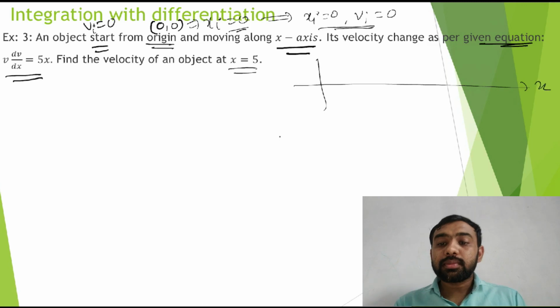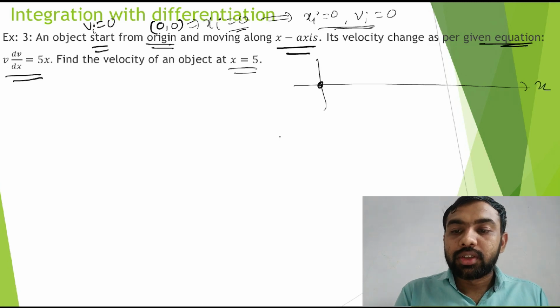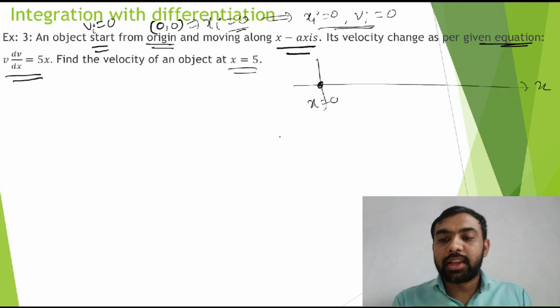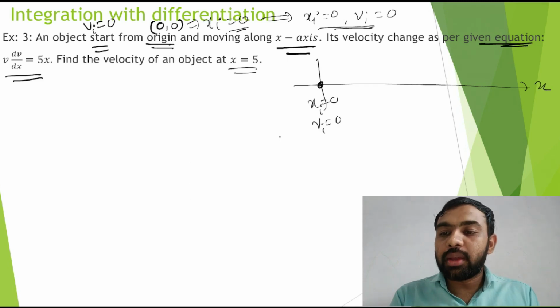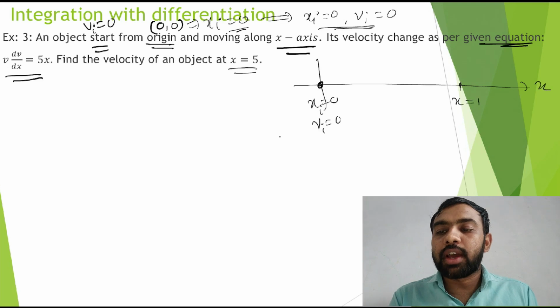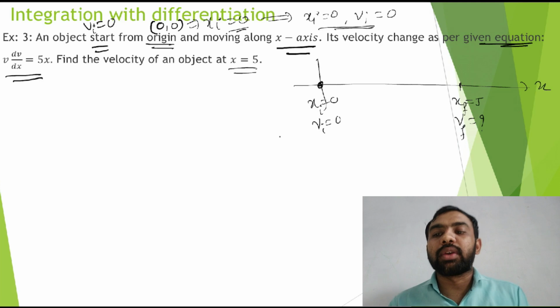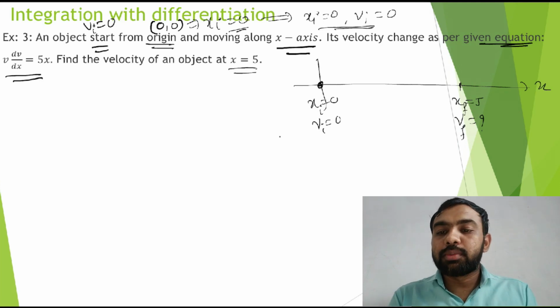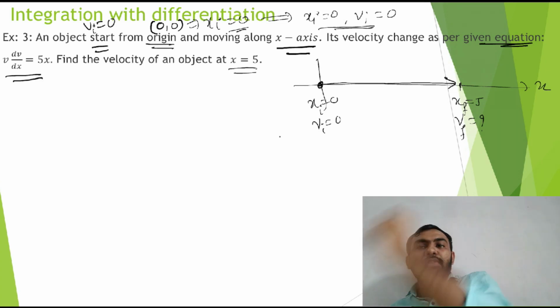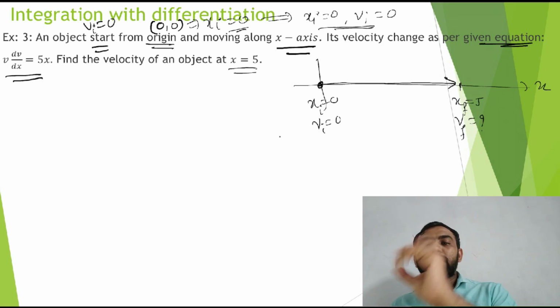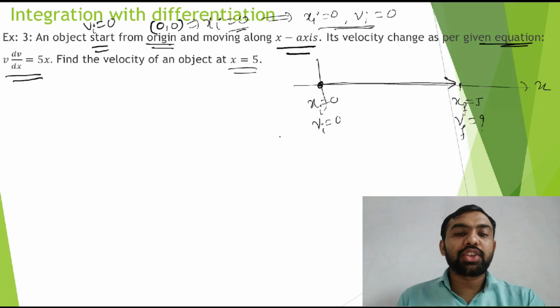That is the x axis. यहाँ पे ऑब्जेक्ट था, तो x कहाँ पे था? 0 पे था. कितनी वेलोसिटी थी? 0. तो दोनों इनिशियल हो, तो v इनिशियल 0. और कोई टाइम पे यहाँ पे पहुँच गया, कहाँ पे पहुँच गया? 5 पे. उसकी वेलोसिटी यहाँ पे चाहिए, तो v फाइनल चाहिए और x फाइनल 5 है. x फाइनल मतलब ऑब्जेक्ट is moved from here to here. ओके, इनिशियल से फाइनल तक वो मूव हुआ, वेलोसिटी 0 से फाइनल चाहिए हमको, और ऐसा कुछ रिलेशन दिया है.